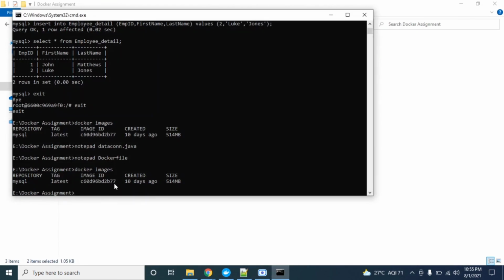Now we have to build this from the Dockerfile.